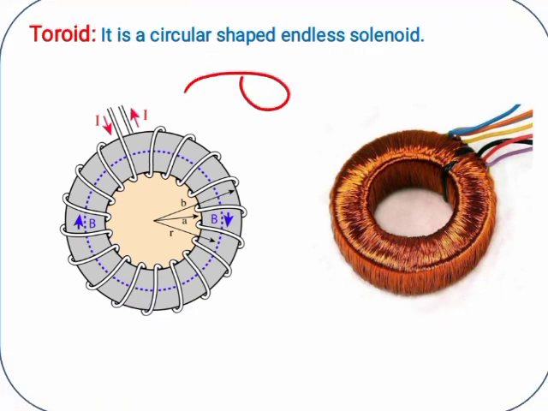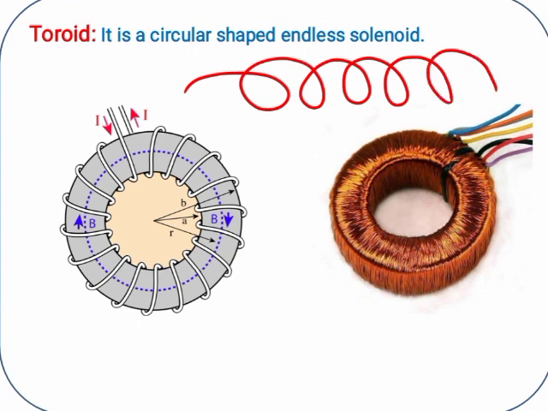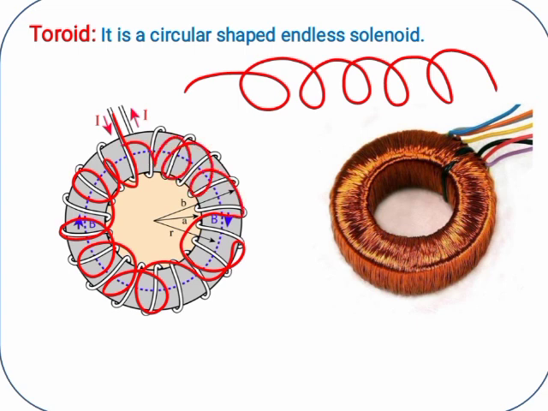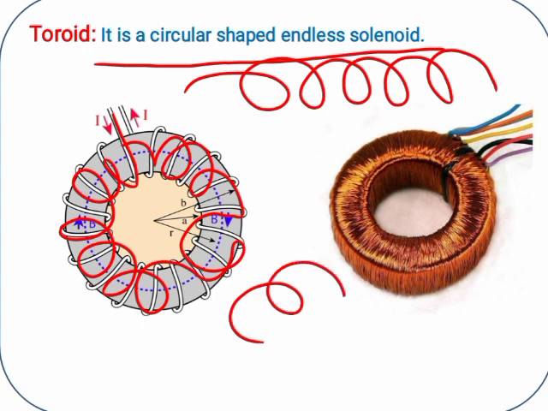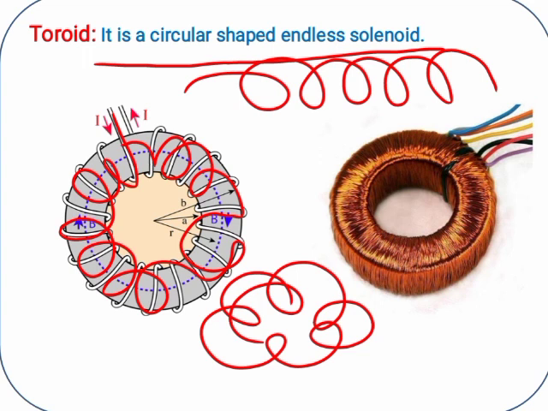So here the spiral shaped coil is called a solenoid. Okay, so here this is a spiral shaped coil which is wound, so this is called what? Toroid. But here both the ends are joined. Or we can say that a toroid is nothing but a circular shaped endless solenoid. Suppose we consider the solenoid like this, so this endless solenoid is called a toroid. This is an example from real life where we use toroids in our day-to-day life.